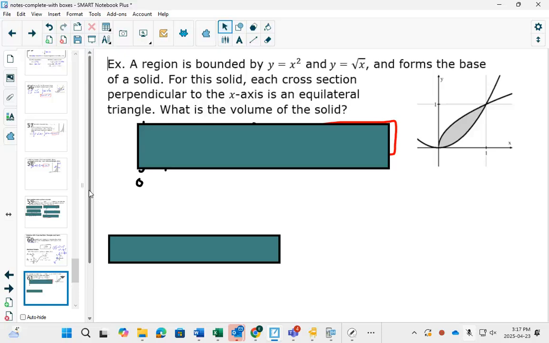Okay? But here's an example. We have that same shape that we've been dealing with all along. It forms the base of a solid. Which way should I draw my horizontal line? It's perpendicular to the x-axis. So I'm going to draw a line like that. So it means that I'm moving those triangles